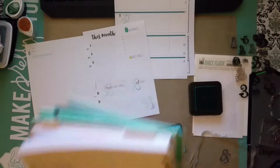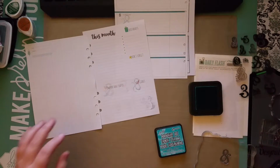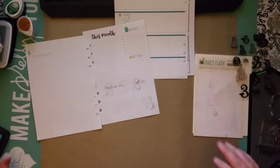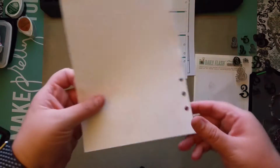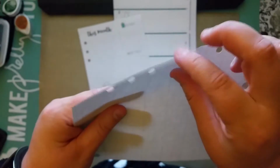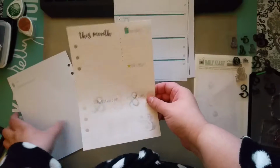Okay. So let me move these closer here so you can see them. Okay. So you can see it when you hold it up in the light. It does shadow. But it's not that bad. You know, this is probably the best quality paper here. Okay. Then you have